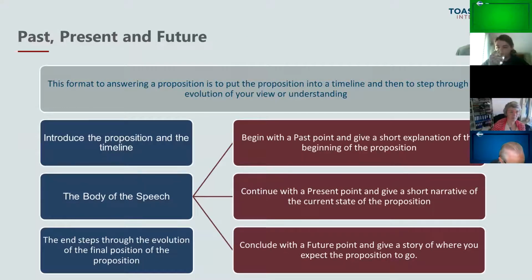Past, present, future is a rule of three put into a timeline. And timelines can be quite expansive. Again, the beginning is to start with the proposition of the timeline. You can signpost it. You can begin with past points, continue then with present points, and conclude with future points. And each point can grow. Past, present, future has a number of different formats within it.